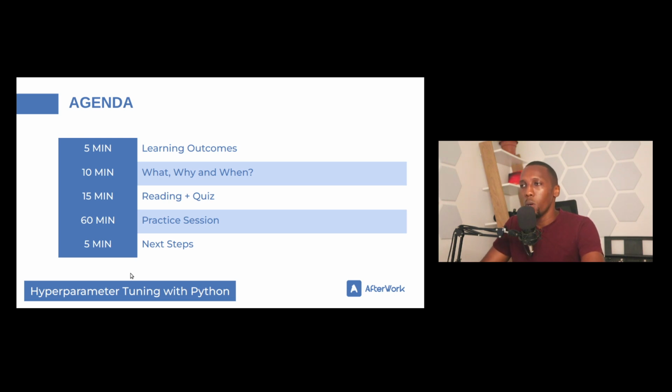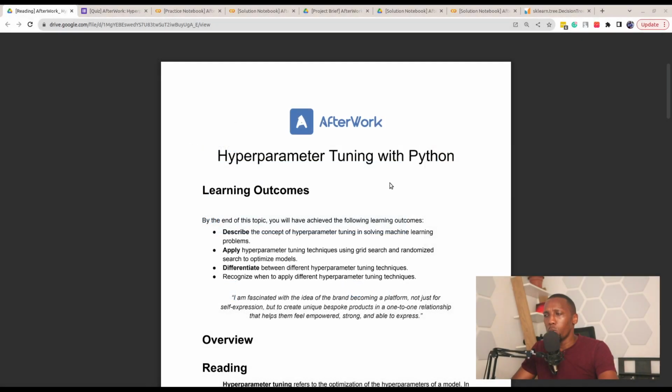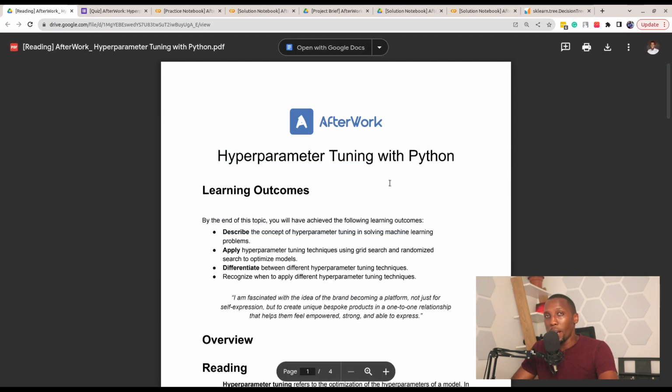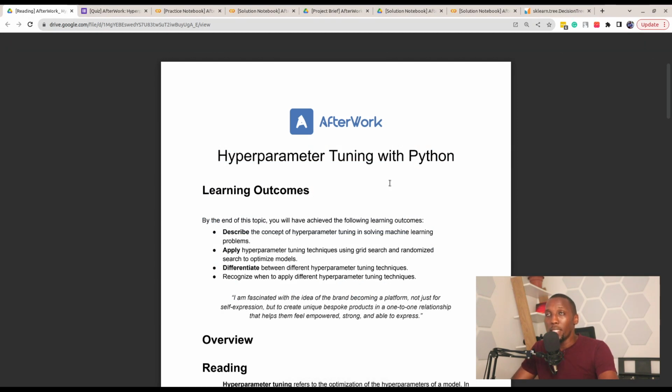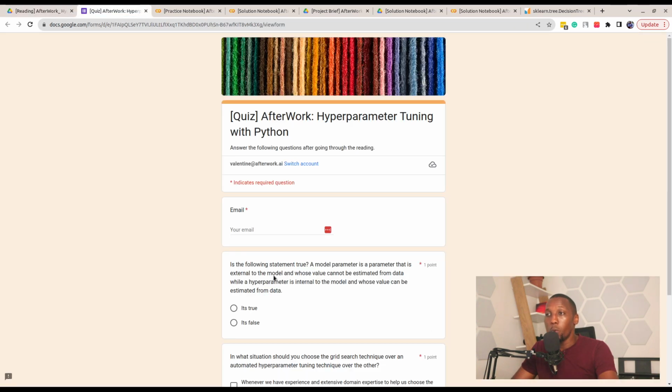We'll also get into a reading and a quiz section, and that will mean we'll go through some curated reading that we've prepared. That's what you see on the screen. And that should give you some in-depth ideas of what those hyperparameter techniques entail. Additionally, once you go through that reading, there'll be a quiz that you will need to complete in order to assess your understanding of those theoretical concepts pertaining to